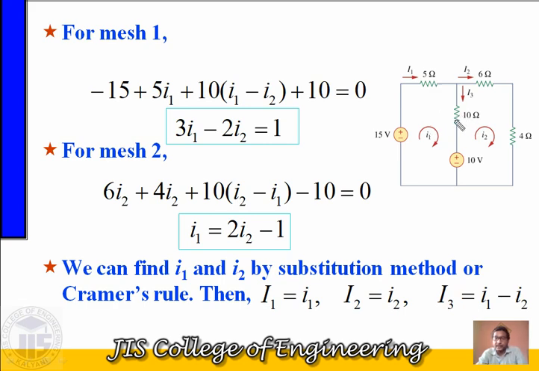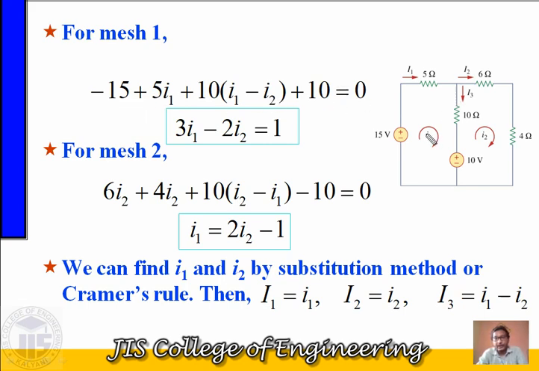So 10 into the I1 current, that is up to down, and the I2 current we have considered clockwise, so the I2 current will be down to up. So it will be 10 into I1 minus I2. Then this I1 loop current goes to the positive terminal of the source, that's why plus 10. Then the I1 loop current goes to the next element, the voltage source, entering the negative terminal of the source, so that's why minus 15.